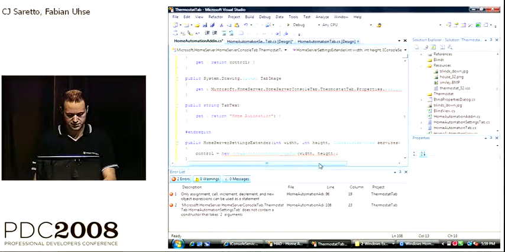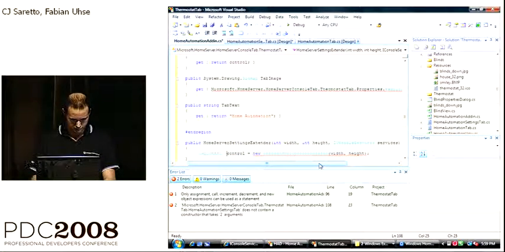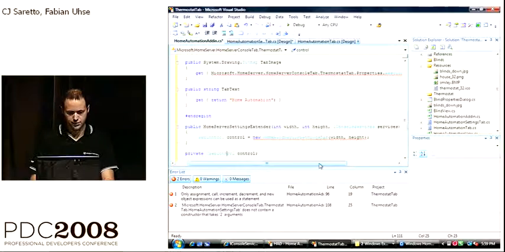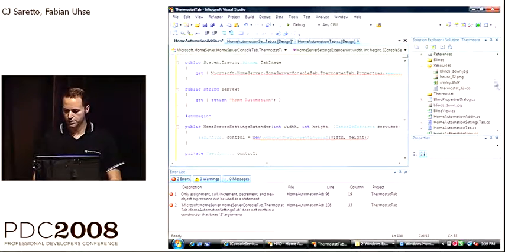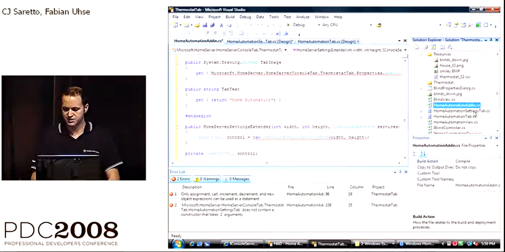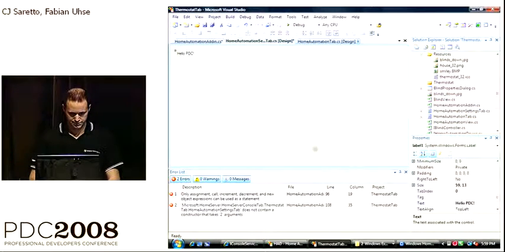Need to give that a type, obviously. Okay, and now obviously, since we never defined a constructor for the home automation add-in, or the home automation settings tab, we'll need to do that quickly.